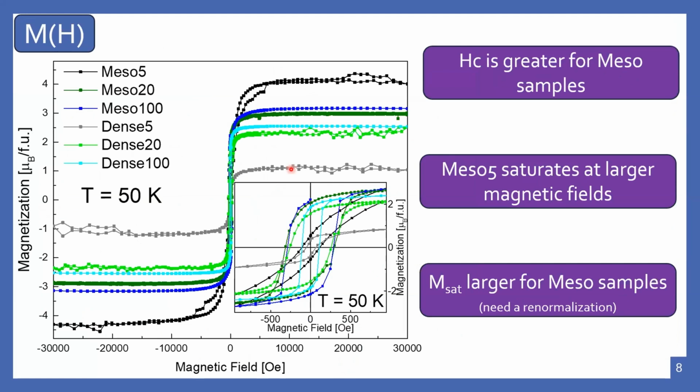Next, the hysteresis curves show a ferromagnetic behavior for the 6 samples, and we have found that the coercive field is greater for the meso samples. So the mesoporous layer is playing a role in this way, increasing the coercive field. Next, we found that meso 5 needs larger magnetic fields to get saturated. So this is a different behavior than the other samples. And we also found that the saturation is larger for meso samples than the dense. And finally,